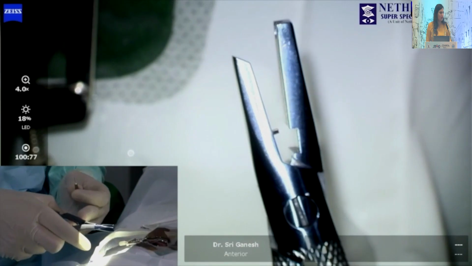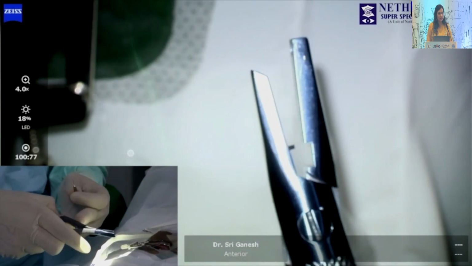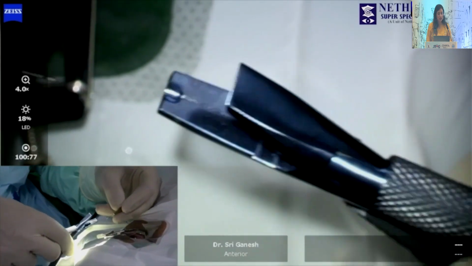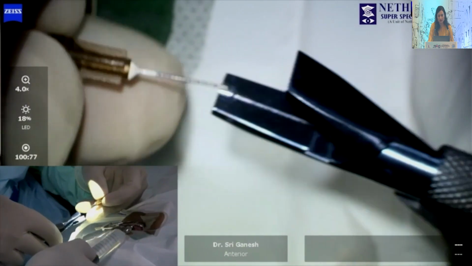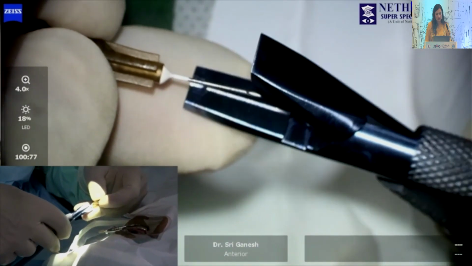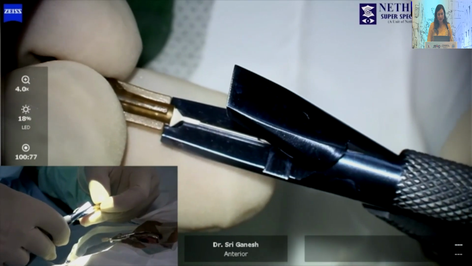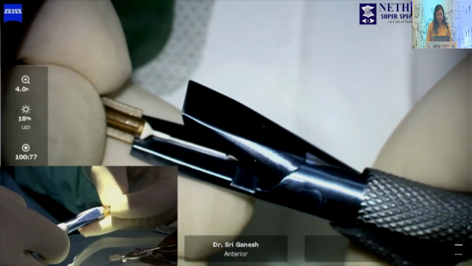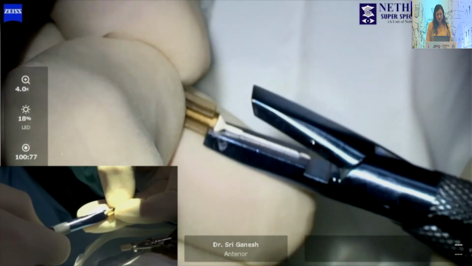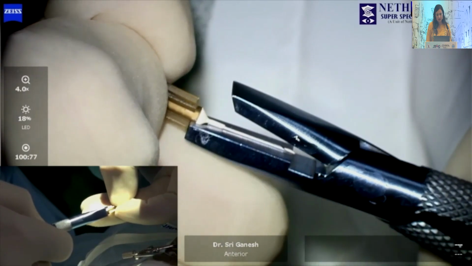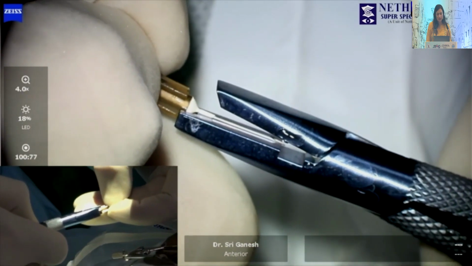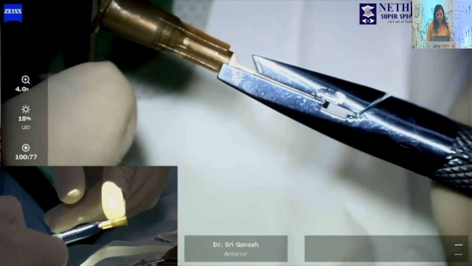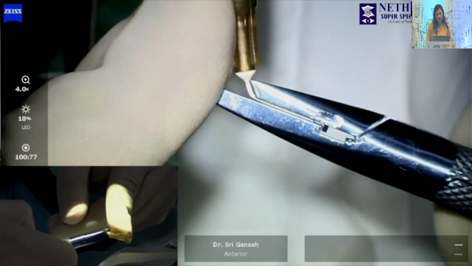manual cystitomes. So when we make manual cystitomes, sometimes the bend is not accurate, the angle is not accurate. CCC is one of the most important steps in cataract surgery. So this is essentially a pair of locking pliers in which you place the 26 gauge needle, keeping the bevel up, and then you lock the pliers and bend the needle,